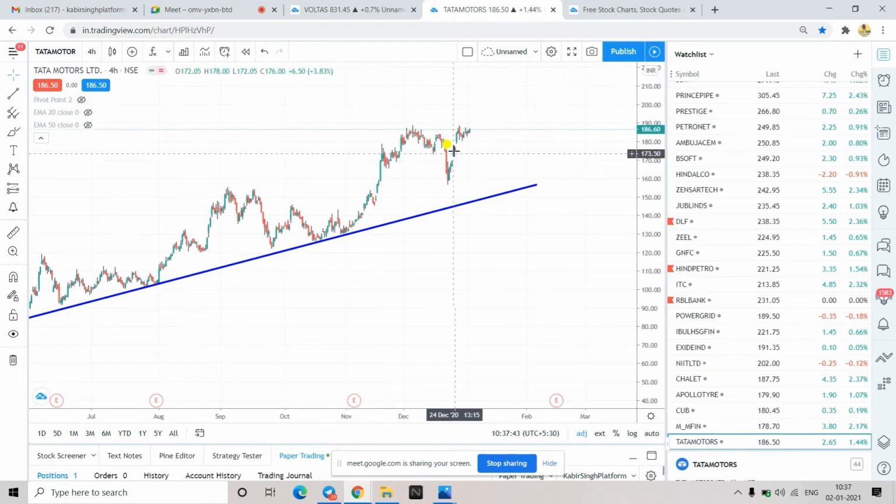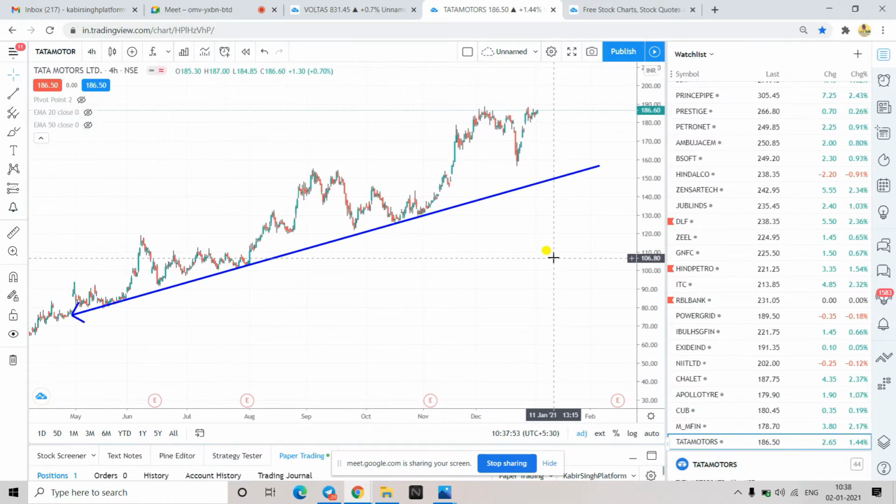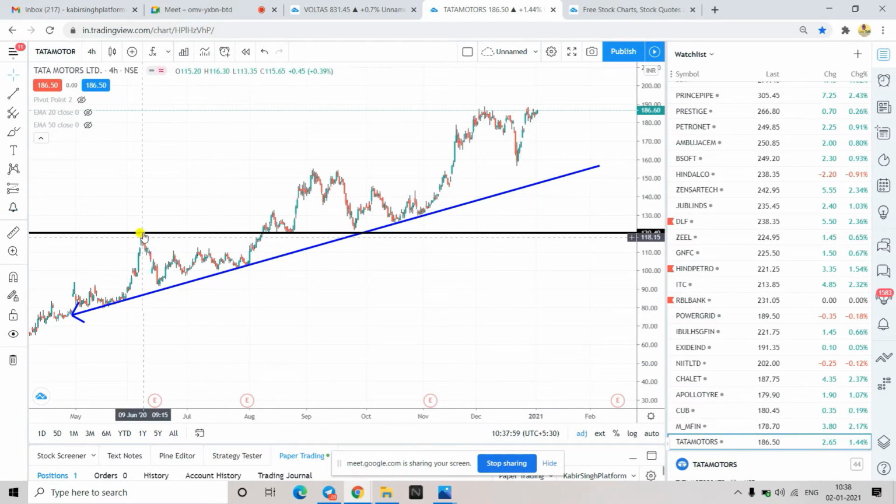So if the price now falls back again, and after reaching here you get some kind of bullish pattern again, then you can trade it again. So that would be trend line based trading. Now I'll tell you one more thing. I can draw SNR here, because from here the price rejected, and here it has taken support, and here also it has taken support.